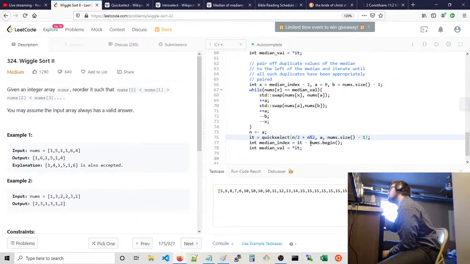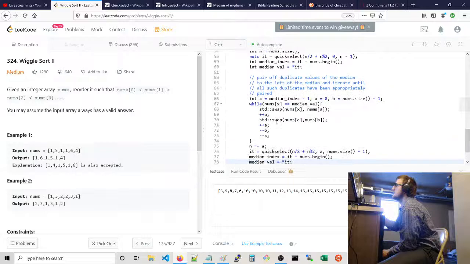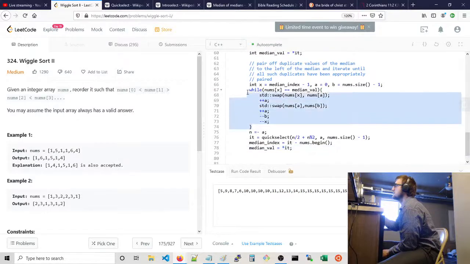Yeah, these are the indices you're going to use quick select on, and you're going to update median index to these things, right? And then you're going to do this again. You're going to keep doing this until